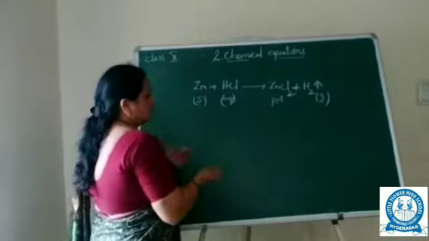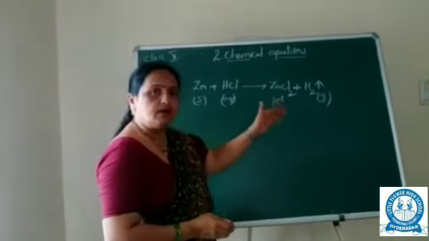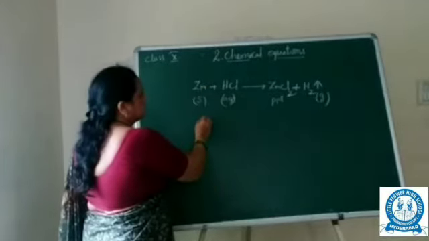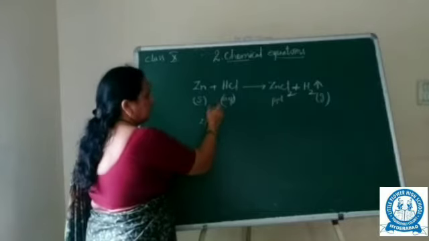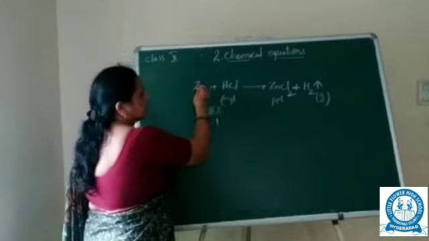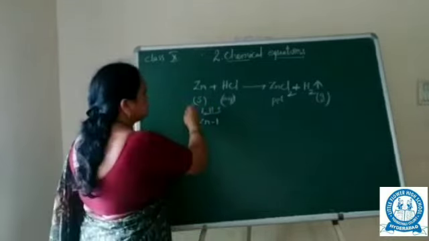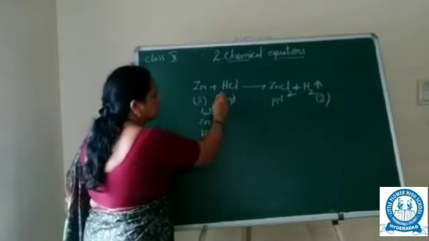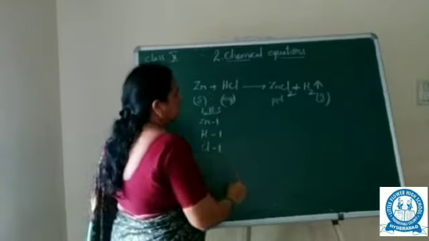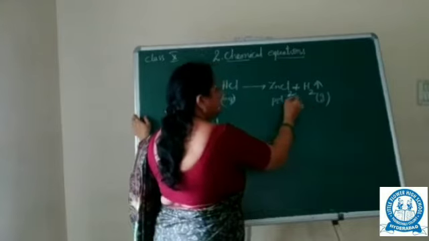Next, we have to consider as per the law of conservation of mass whether these are equal or not. Let us consider zinc. How many are here? Zinc only 1. And hydrogen, this is the LHS, meaning left hand side. What are the reactants? We are considering reactants for now. Zinc is 1. Hydrogen, how many are there here? Only 1. Chlorine, 1. Let's come to the right hand side. What are they? These are products.